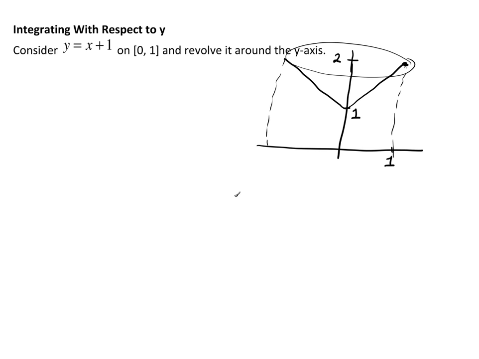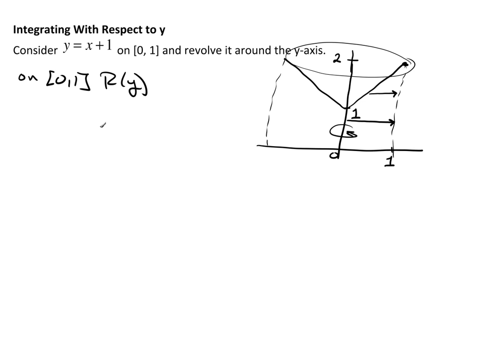Well, first thing I want to do, and I also want to run the y-axis here, I'm going to think of my radius, obviously, from the y-axis out to the function. But notice from 0 to 1, I have one situation, and then from 1 to 2, I have yet a different situation for my radius. So I'm going to break this down. On 0 to 1,